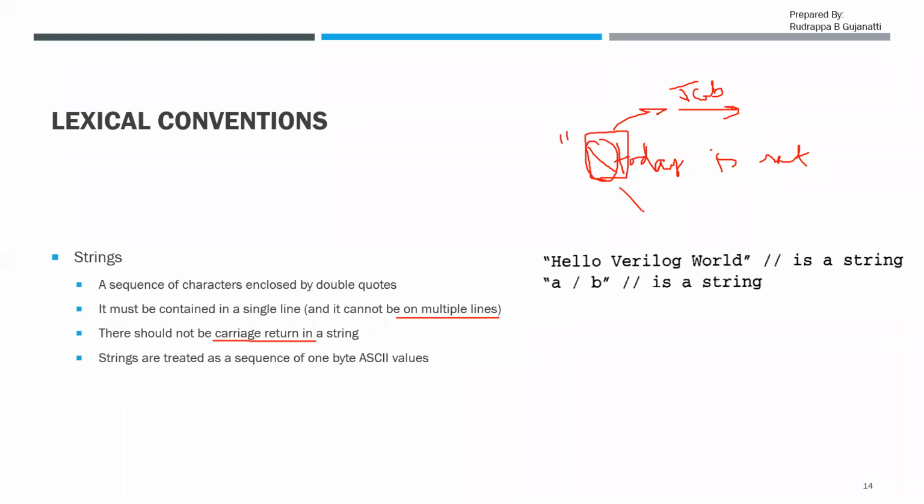That is, instead of just writing it as slash today, because slash t itself indicates that it is a tab. So instead of that, what I do is I put an escape sequence before that. So even such kind of mechanisms are also there. Even in Verilog also, this problem can occur. I want a certain character, but say it is not supported to be printed. Then I go for escape sequences, which will help me for that purpose.